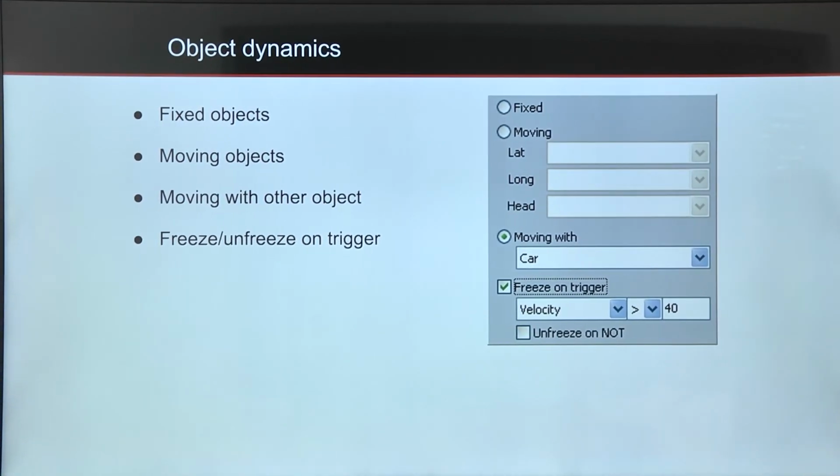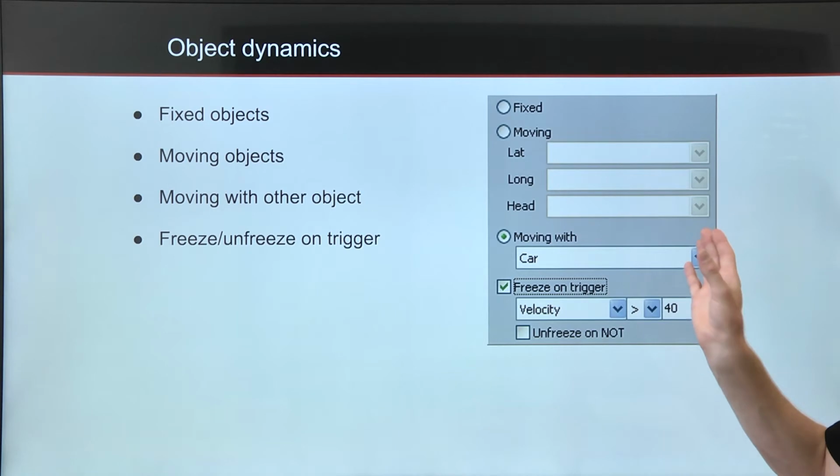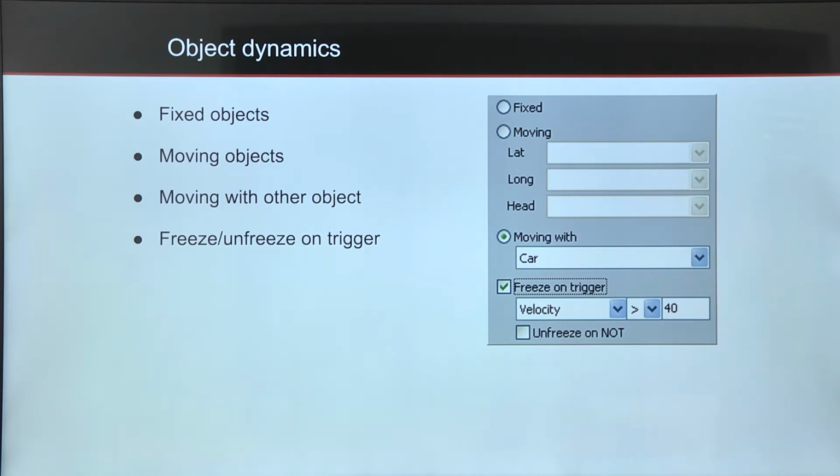So the objects can be completely fixed. They can be moving with latitude, longitude, and heading, for example, from GPS or IMU channels. They can also be moving with other objects, or they can freeze and unfreeze on trigger, meaning that we can be